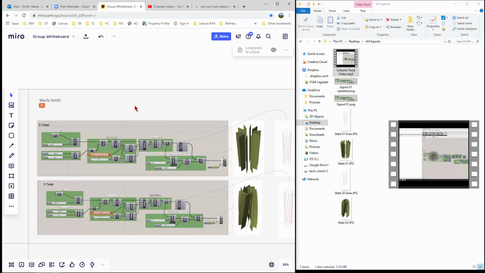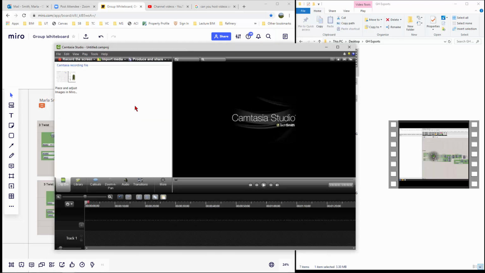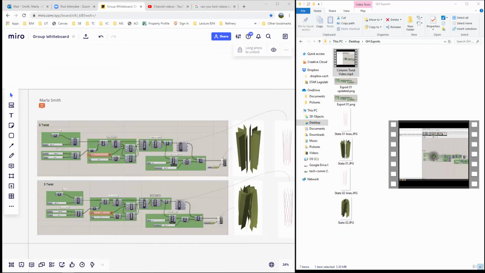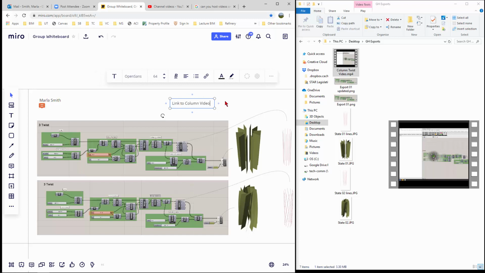And there's a couple of different ways. I've now got that link copied to my clipboard. There's a couple of different ways you can link things. You could have an image, so you can link through an image, or you can link through text. I'll show you how to do it through text. So I'm just going to click on the text here and put in link to column video, right? And so that will go in there, and I can click on this insert link now,